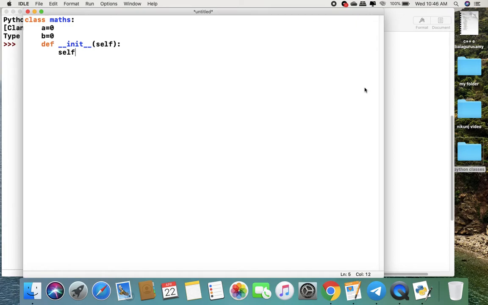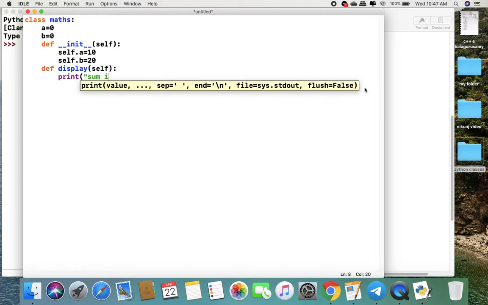Here I write self.a = 10, self.b = 20. Here I write another function, def display, which has another default argument, self. Here I write print sum is self.a + self.b.